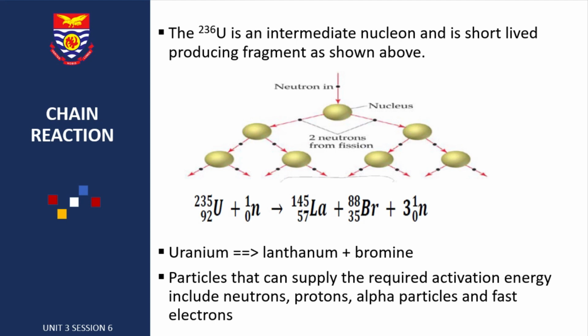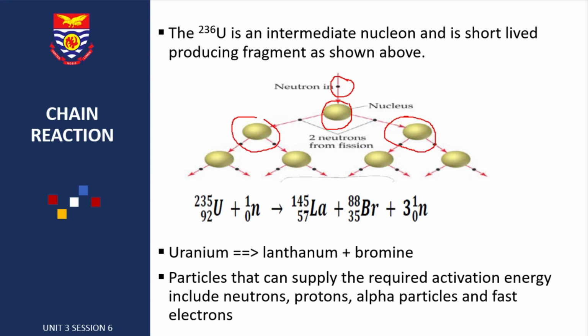With the use of uranium as an example, when you look at the sketch below, you realize that there is one uranium nucleus which is bombarded by a neutron. Now this neutron is absorbed into the uranium, which causes the uranium to break into two daughter nuclei, the lanthanum and then probably bromine. These two daughter nuclei are also unstable, which will also be bombarded with some of the neutrons